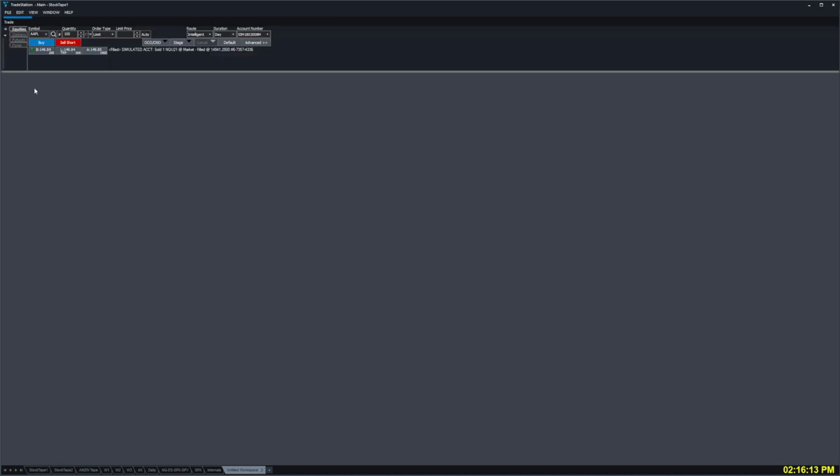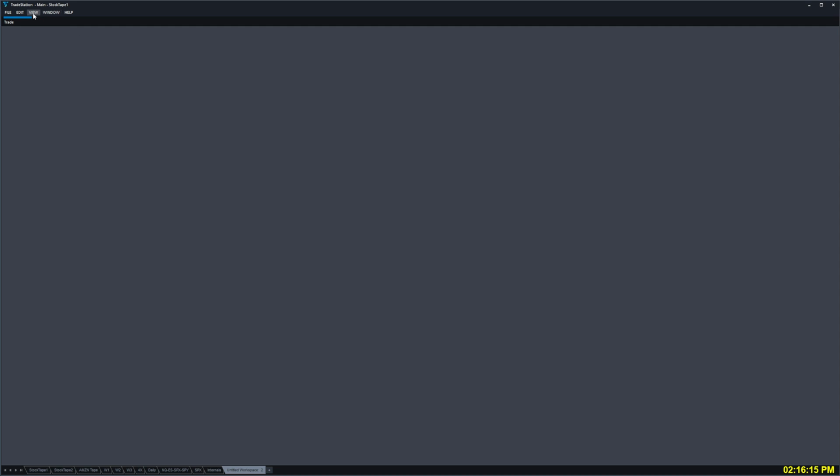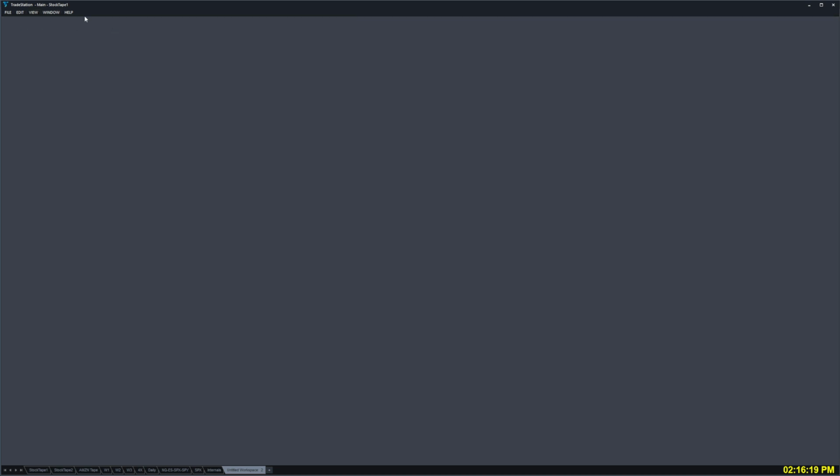You'll have trade and some other clutter up there. Just go to View and turn that off. Just select that and turn everything off until all you have are these menus right here. It's going to give you a lot more screen real estate, especially if you're working with a smaller monitor. So that's really helpful. And the other thing that I'll mention is across the bottom of the platform down here,